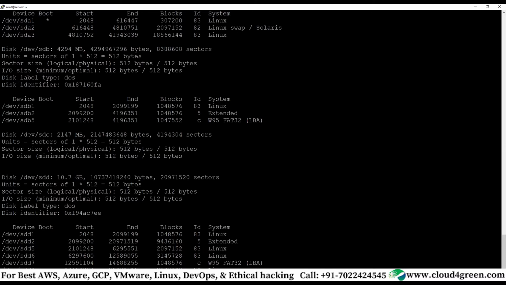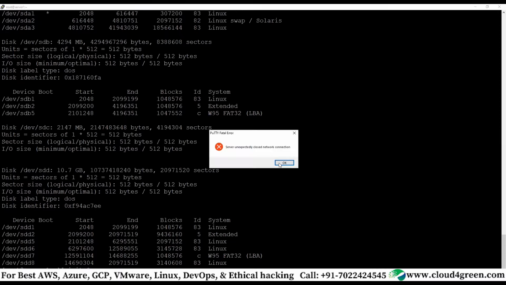For this, we need at least two disks. As a quick measure, we can shut down the VM and create two disks, attaching two disks of 2 GB each. So just shut down the VM, init 0. Okay, the VM is shut down.